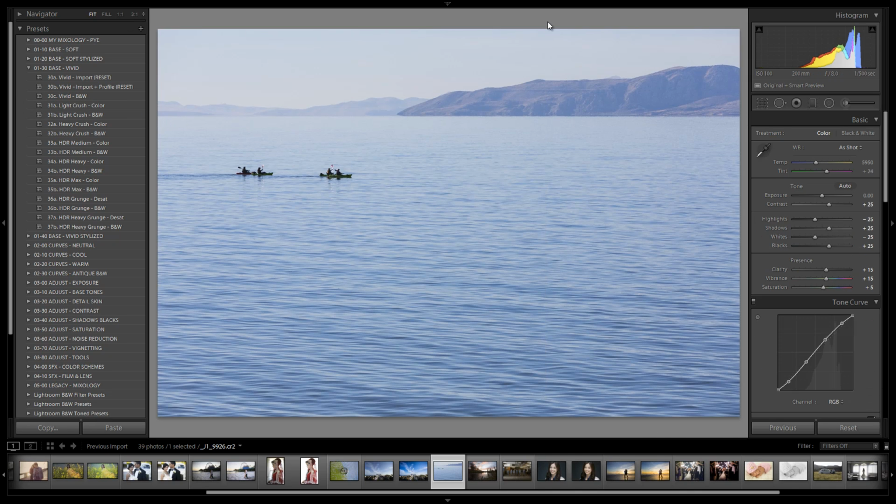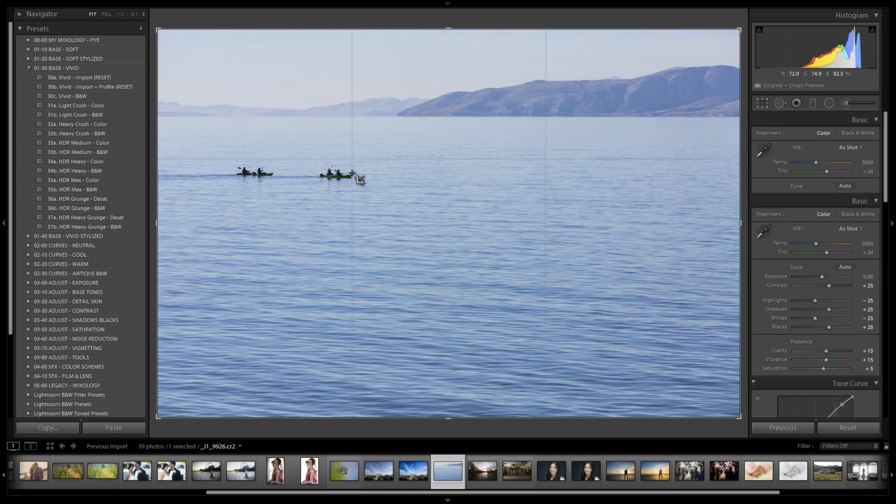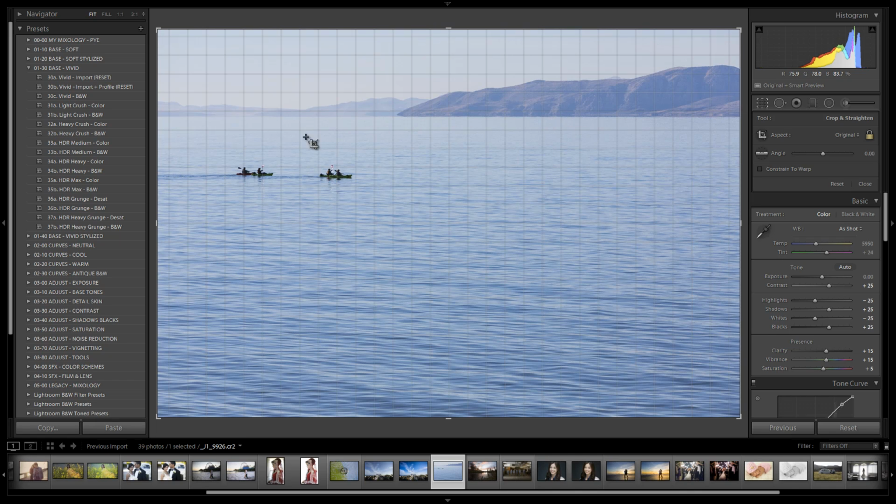All right, so this looks great. I'm going to hit R just to bring up my little crop overlay. And if we want to change this overlay, we can just hit O and it'll cycle between different kinds of compositions. Okay, so I often use the rule of thirds. My favorite is actually the grid. That way I can just see where the lines are matching up. I'm usually sticking between the grid and rule of thirds. Here we can see the horizon is actually fairly even, but I'm going to show you a little trick for